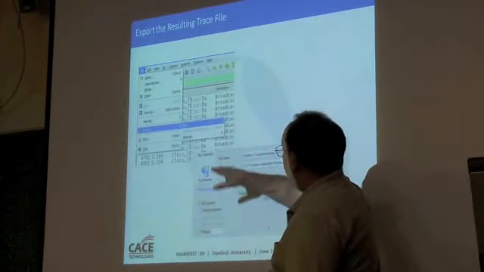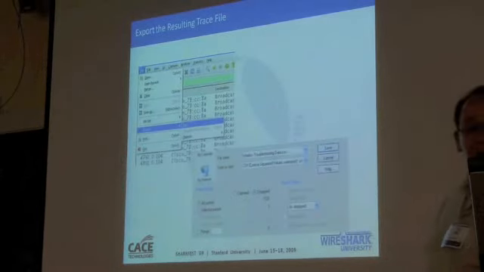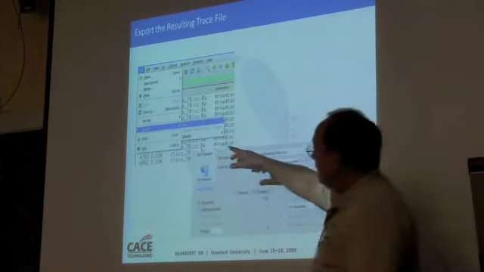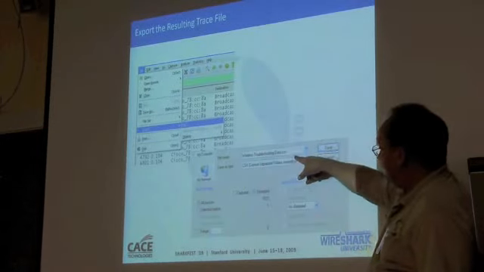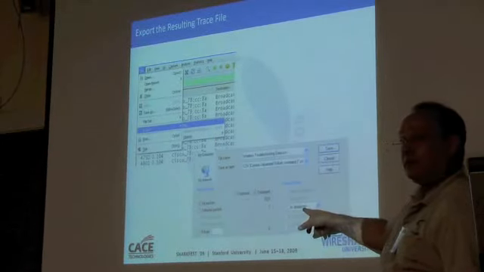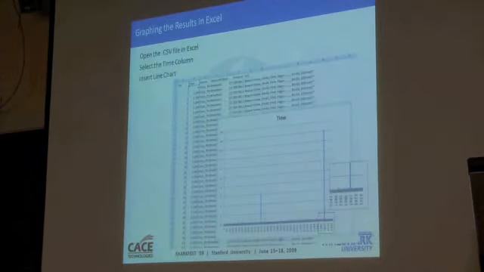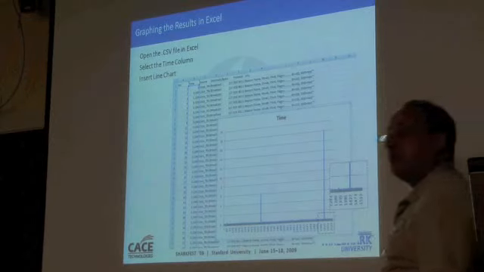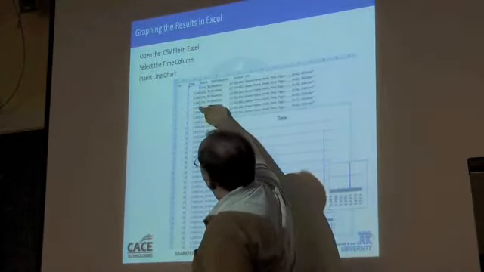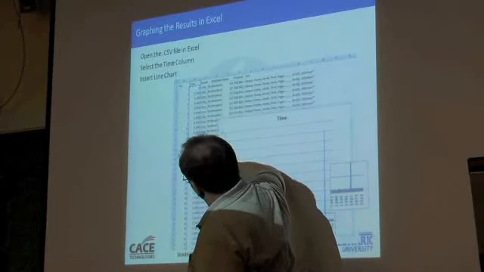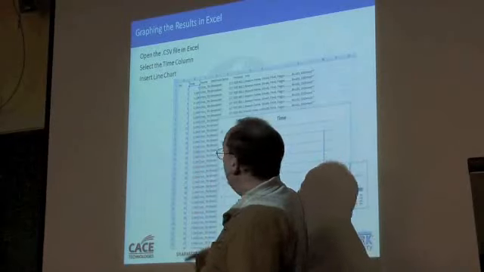So you export to a file as a CSV file with that timestamp turned on. File, export to a file, set it as a CSV file as displayed. And then you graph it. Graph the times. Now see, here's the time: 104, 104, 104, 104. That's about 100, as I said. There's some variability in there, but that's good enough.